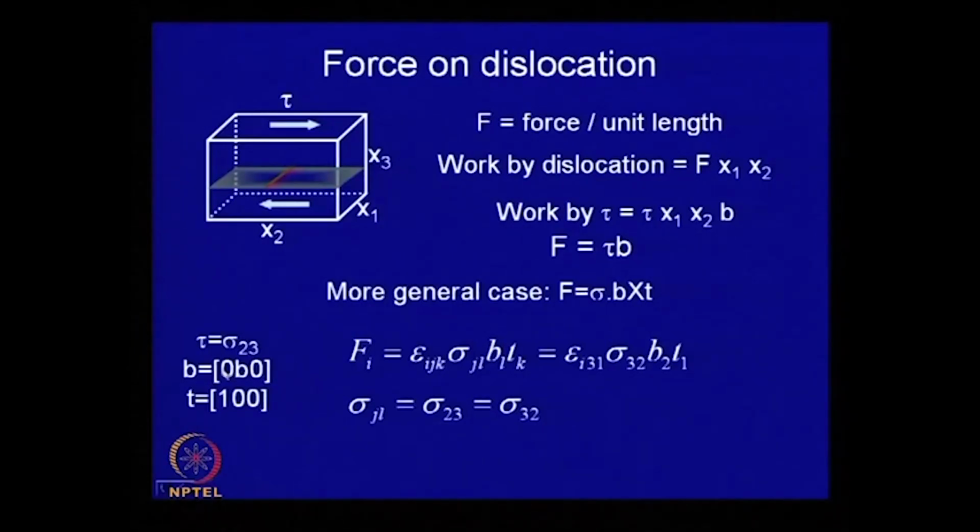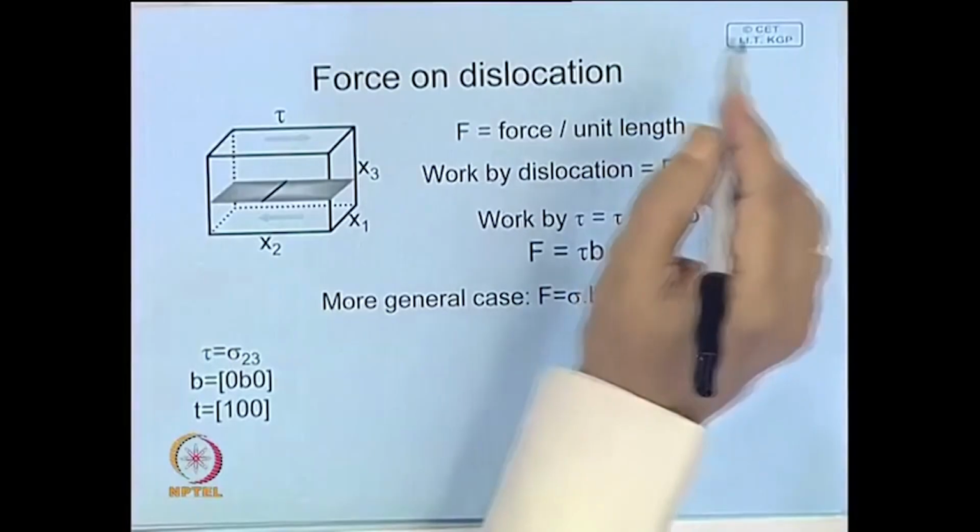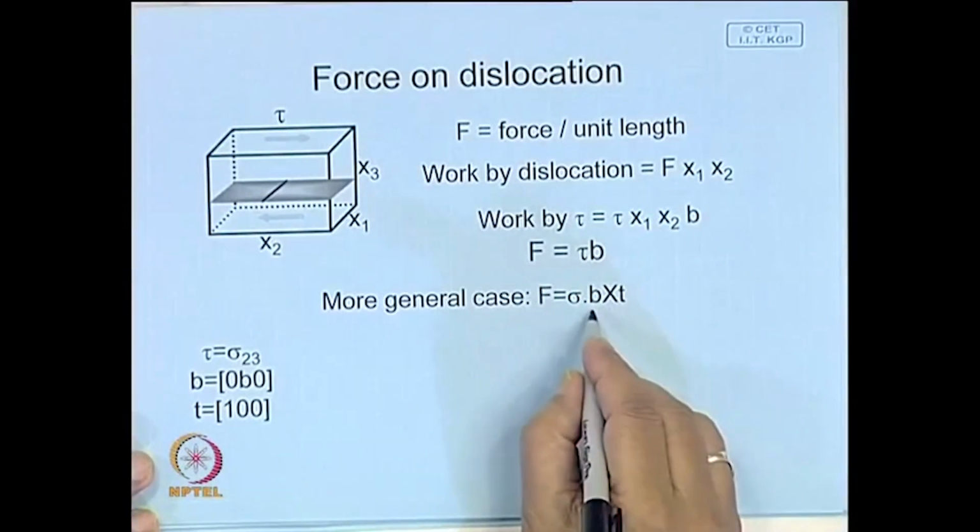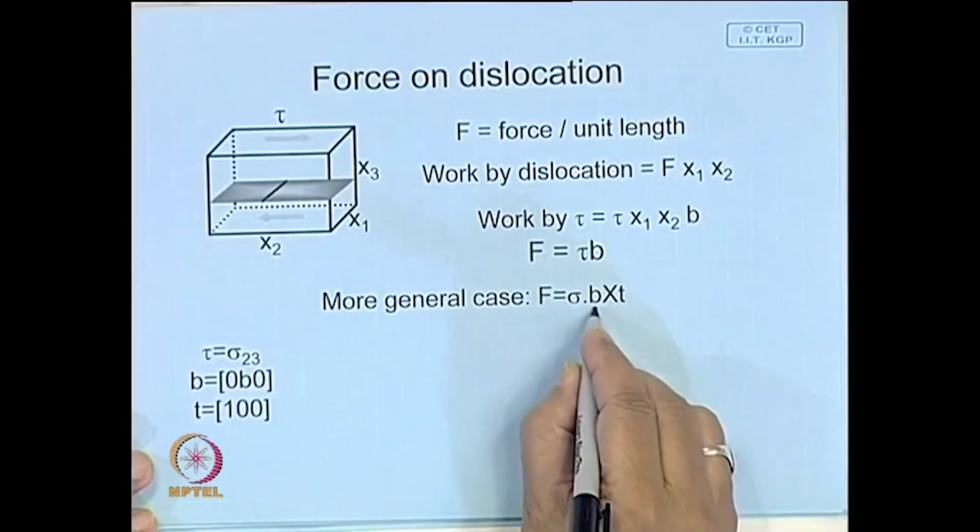So, let us see how we can find out this force on the dislocation, taking this as a more general case. Here it may be better if I introduce a concept called repeated subscripts, or the Einstein convention of summation for Cartesian tensors, which is shown over here. To be more explicit, when we have to find out a cross product, suppose we do a cross product of two vectors,